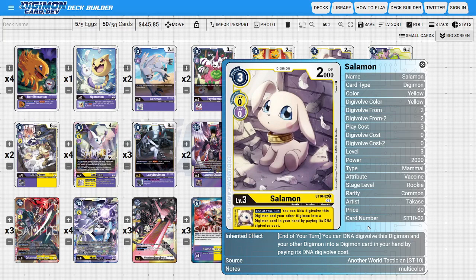And then the last rookie of the deck is going to be 4 copies of Salamon. So Salamon is one of the most important rookies on how this deck is built, because ideally you're going to want to build up 1 stack in your raising, then move it out, then hard play a level 5, and be able to Jogress right away, and Salamon is making it possible to Jogress right away